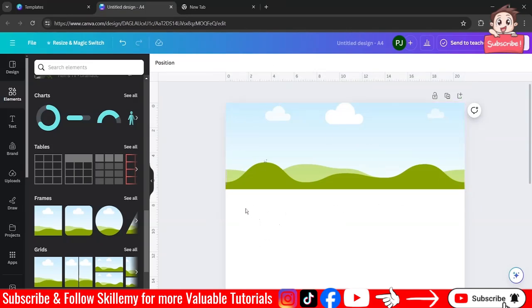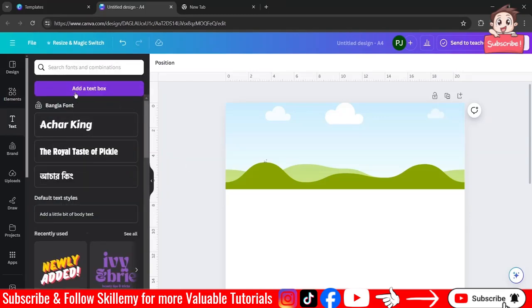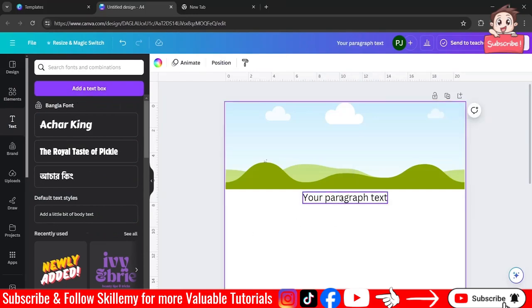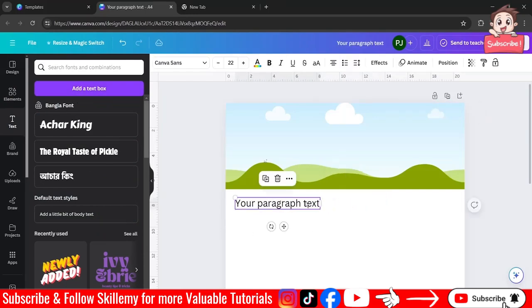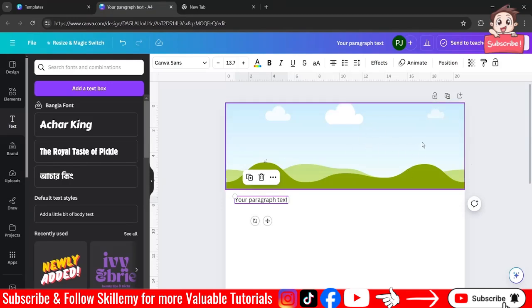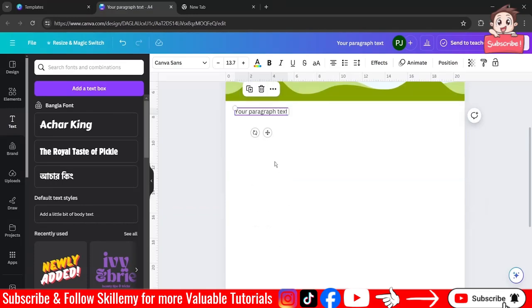So let's put objectives, or about me, or the professional summary over here. To do that, let's go over to the text. Let's add a text box over here, and we can decrease the size however we want and place it over here. We'll put another text box after the photo.